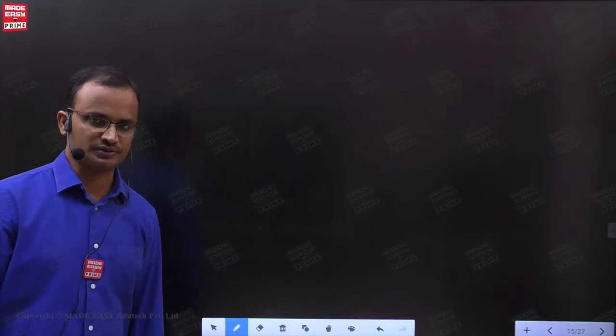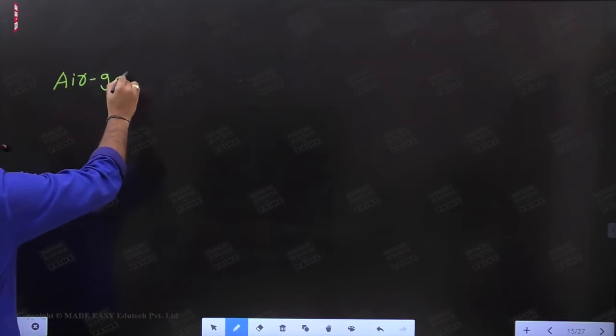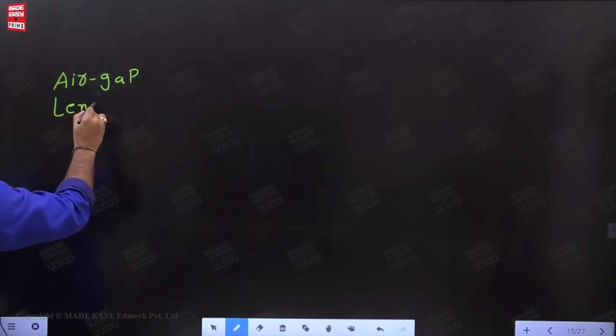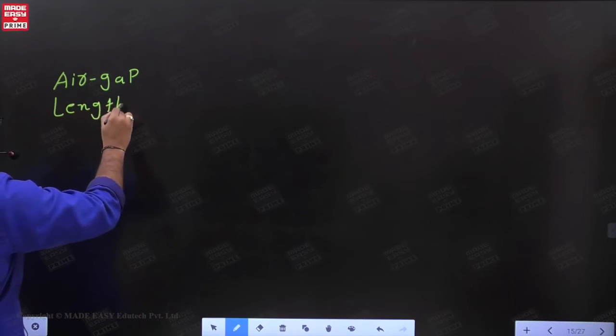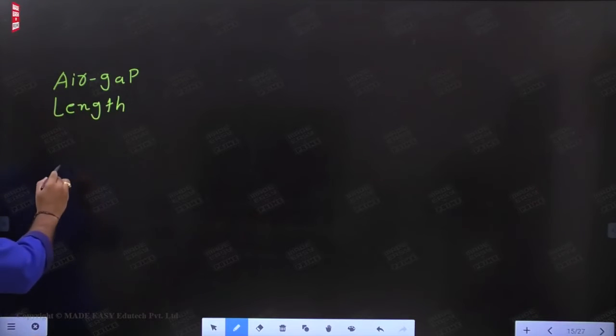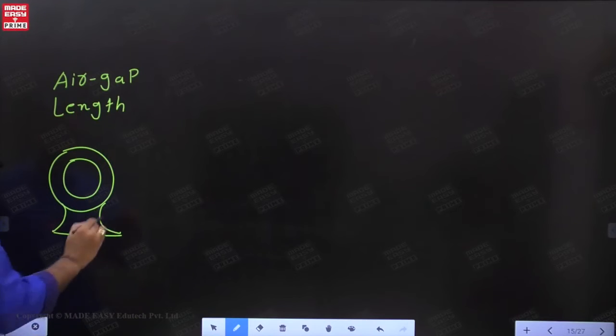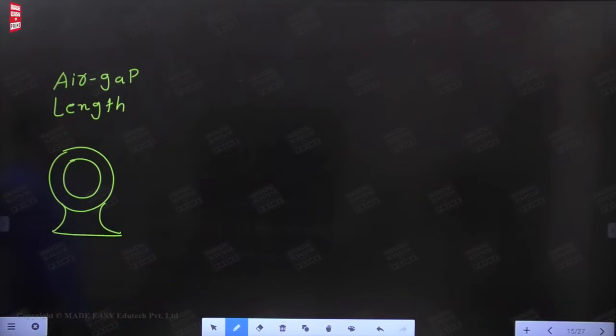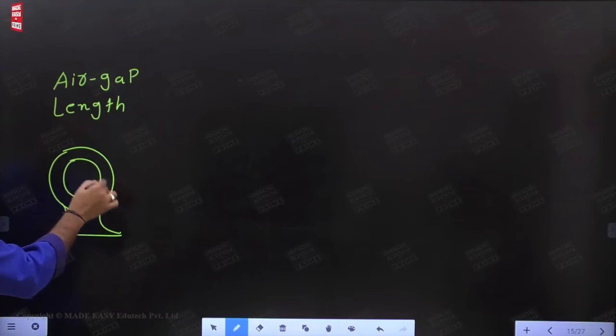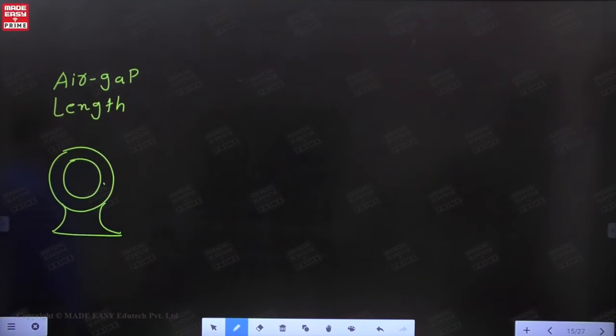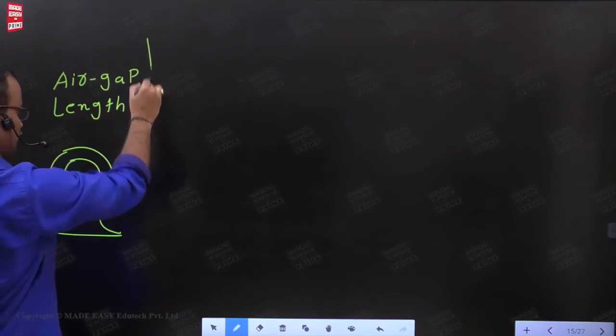Observe here. Let us see some more objective questions corresponding to short circuit ratio. Now, for the given alternator, the outer one is the stator, the inner one is the rotor. But the common area between the stator and rotor is the air gap length. For the given alternator, if you increase the air gap length,